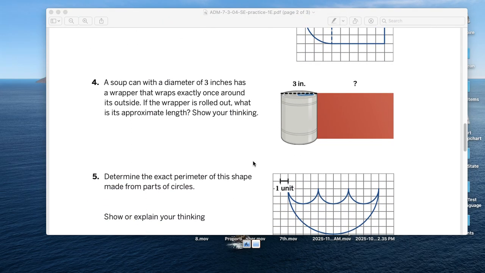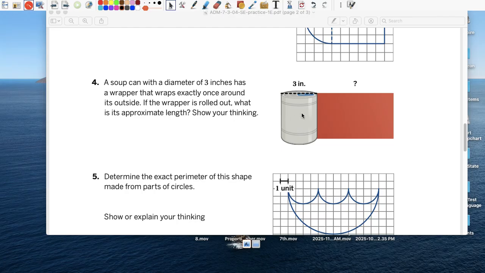Toilet paper, nope. Soup can. So remember, take a string and put it around this can. That's basically what you're saying. Take a string, put it around the can. A soup can with diameter 3 inches has a wrapper that wraps exactly once around its side. If the wrapper is rolled out, what is the approximate